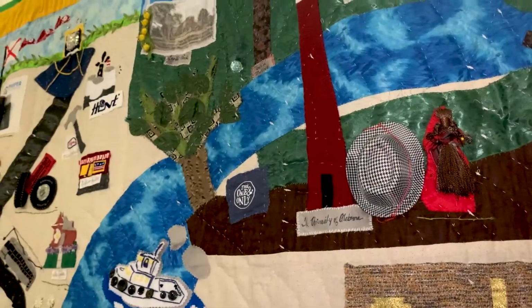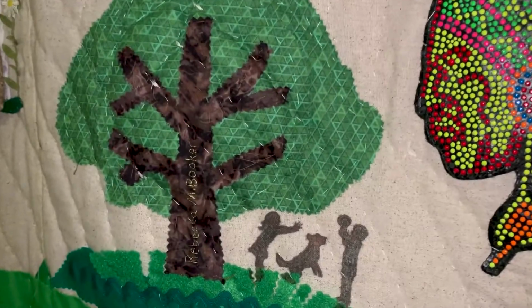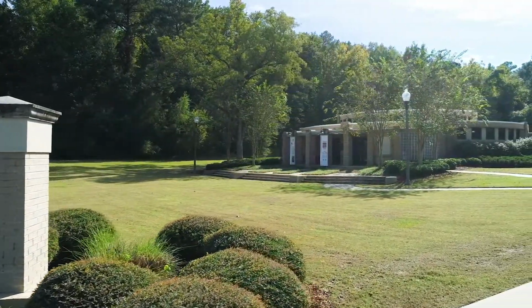I think that projects like this are important for the campus and town community because it shows young people that there are tons of different opportunities and experiences out there that you can learn from, even if you don't think it's for you. I never imagined that I would have my first exhibit up before I even graduated, but the opportunity to volunteer at the Transportation Museum came up, and I just decided to do it, and this is where